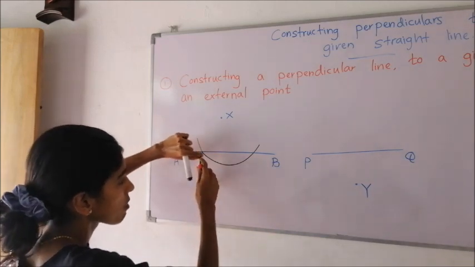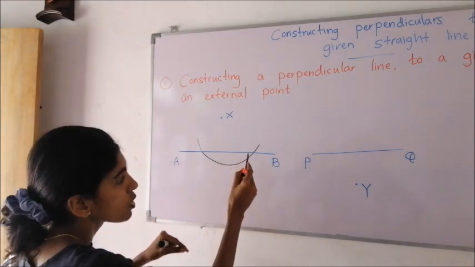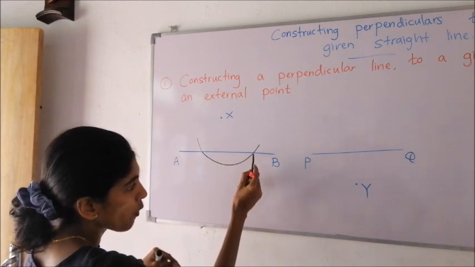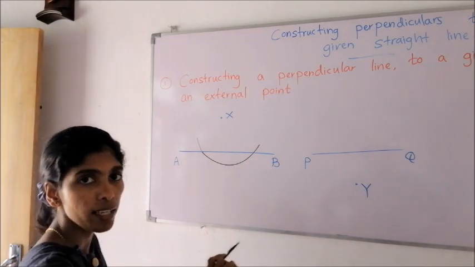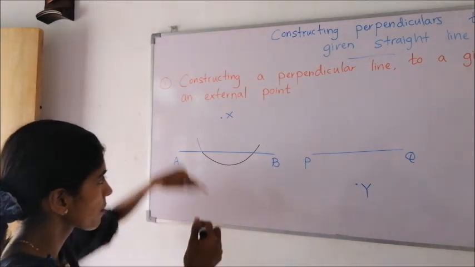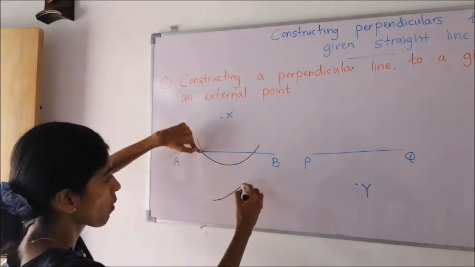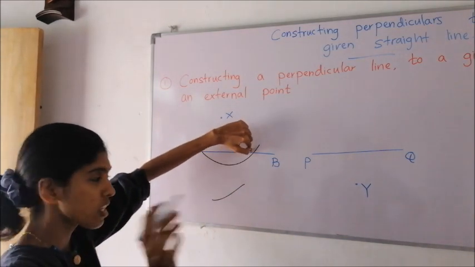Draw one arc segment below. Go to the next new point. Keep the metal point there. Again draw another arc as if to cut the previous arc. Here, keep the middle point here. Draw one arc. Go to this point without changing the length.